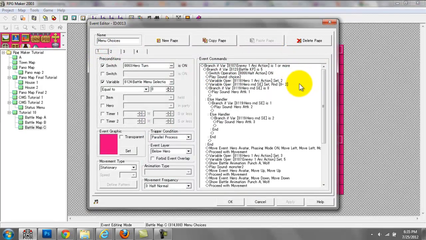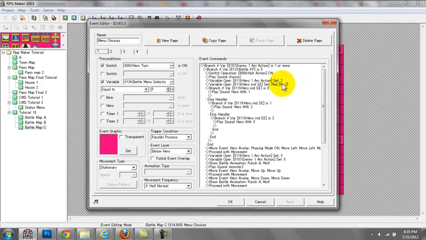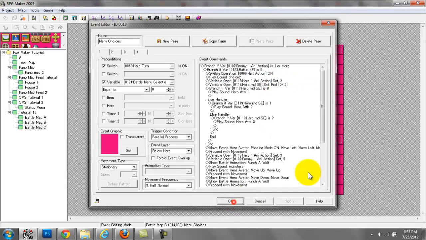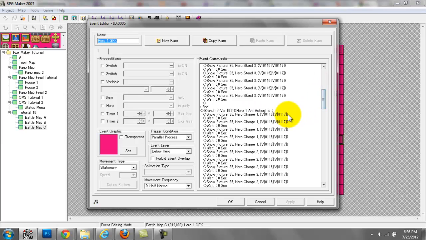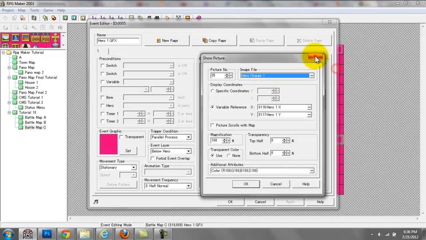You want to do that because you pressed the action key, and your hero character is attacking the monster. You don't want to be able to switch your items in your GUI and mess things up by doing that. So yeah, you want to have a switch for that. Then I have a play sound effect, just an RTP choice 2 sound effect, and then I have a variable operation where I'm changing the hero 1 any action variable to 2. And if we go back here, you can see that 2 is equivalent to charge. So this is where the character charges towards the enemy,